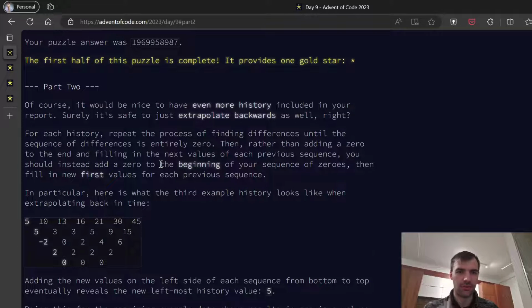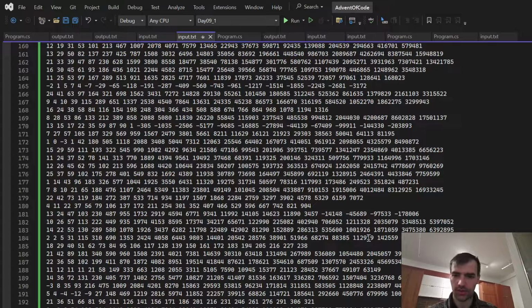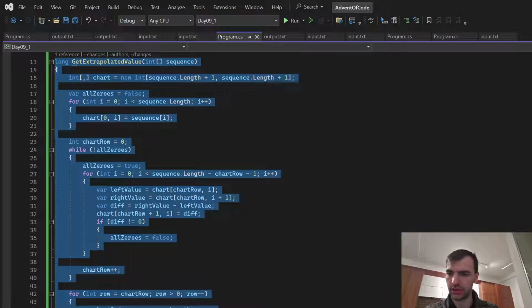It would be nice to have even more history included. So we will be extrapolating backwards. So we're doing the process of finding differences until the sequence of differences is entirely 0. Then, rather than adding a 0 to the end, we will be filling the next values of each previous sequence at the beginning. So fill in the first values for each. Okay, so this is essentially the same problem, just with the start of the line, not the end of the line. So let's copy our current solution in here,